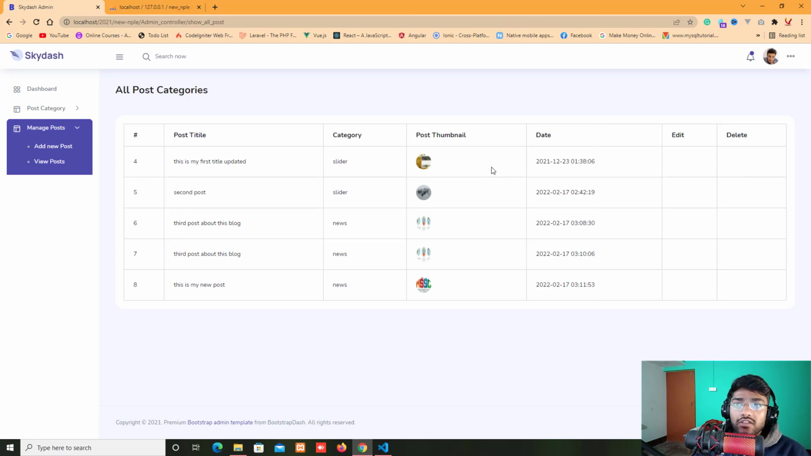Now refresh. So I think you already know how to fetch and how to join a table from different tables, and also how to fetch all the posts and the category using the joining function. So let's see in the next video how to edit this post and how to delete this post